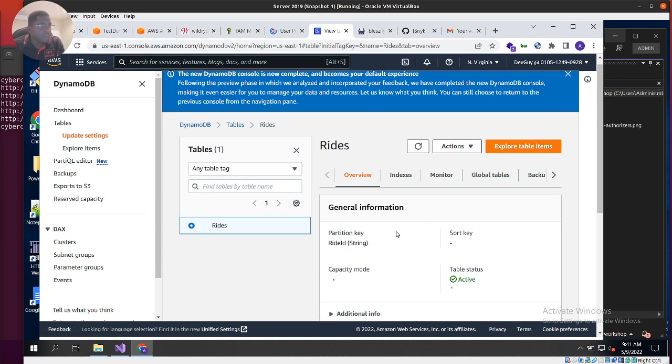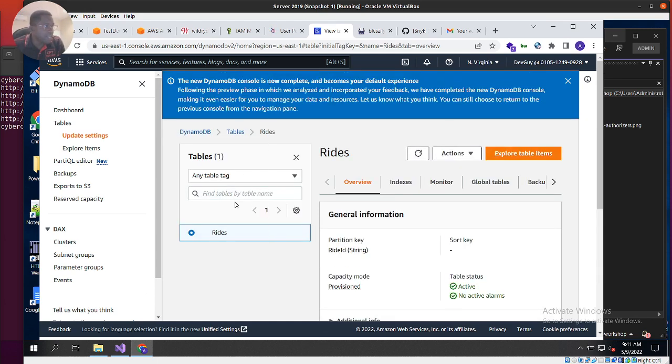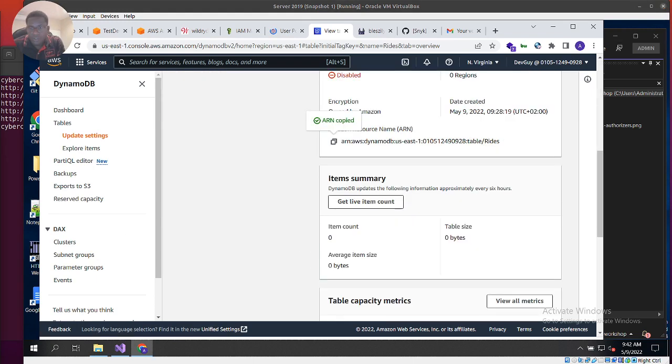And then we'll take it over there to be able to paste it in there, because we'll be using that actually to specify. Okay, I'm just going to look around here and find the ARN for this resource. Okay, so that's the ARN right there. I'm going to copy this, then go back to our